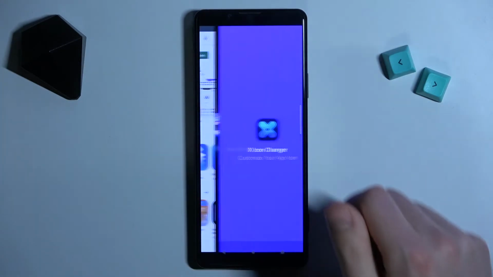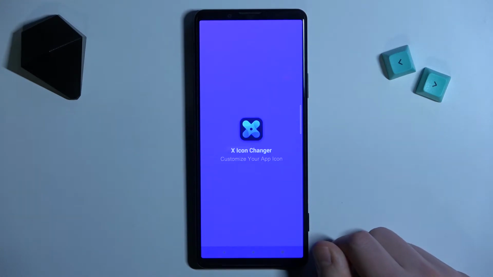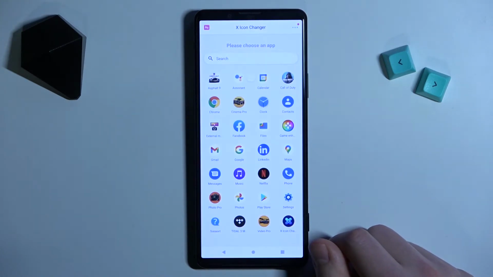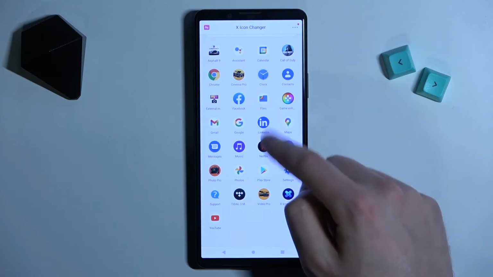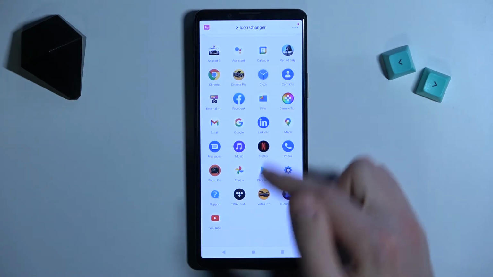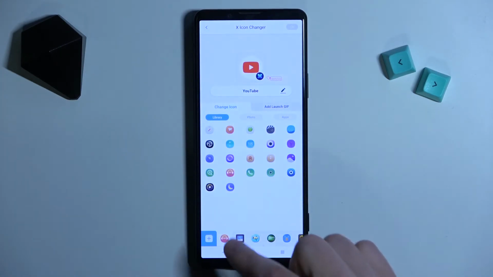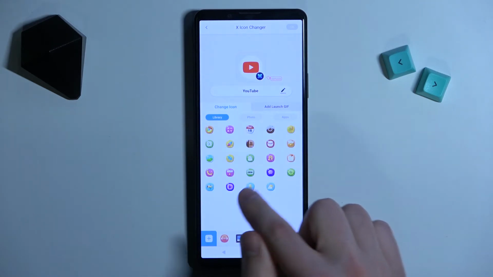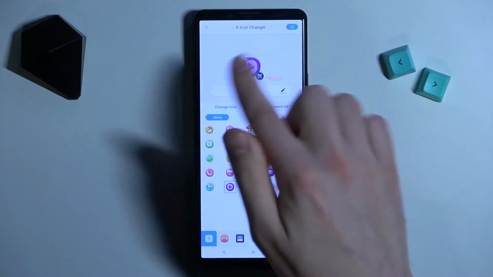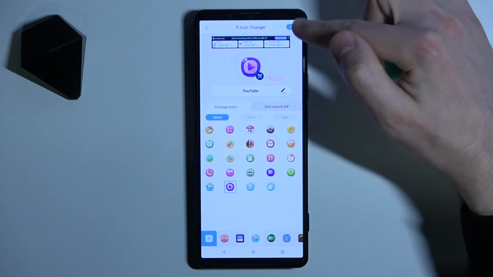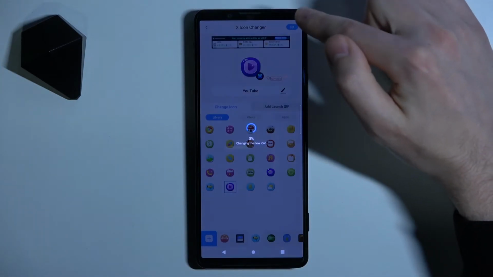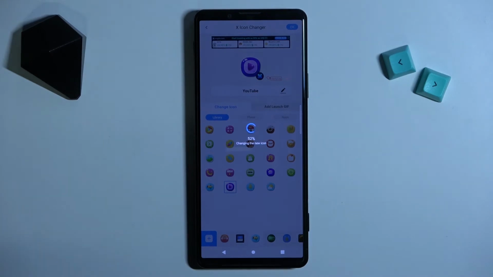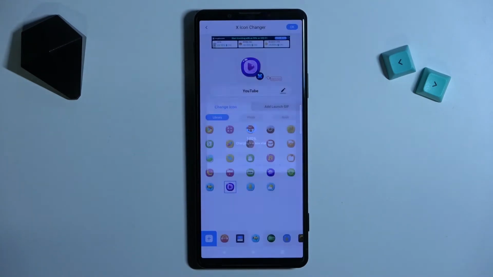And now click open. Then from the list choose your application, maybe YouTube will be nice. And now from the library choose your icon. Maybe from this library, for example this will be nice. So then in the top right corner we got OK button, press, wait a second for generating of new icon